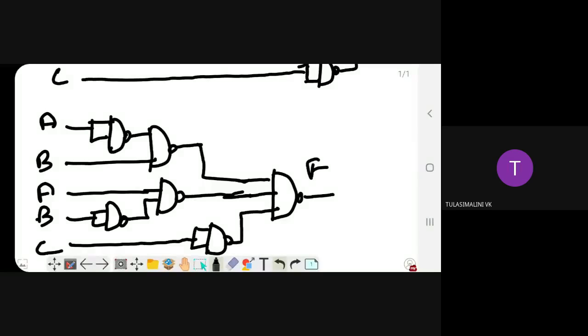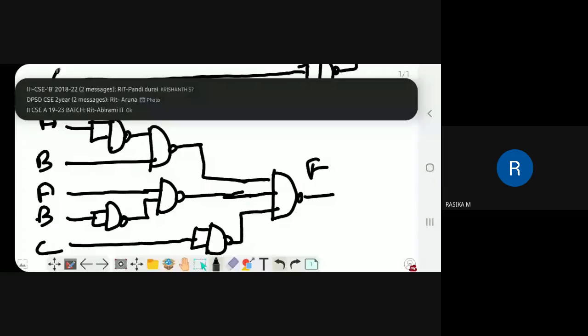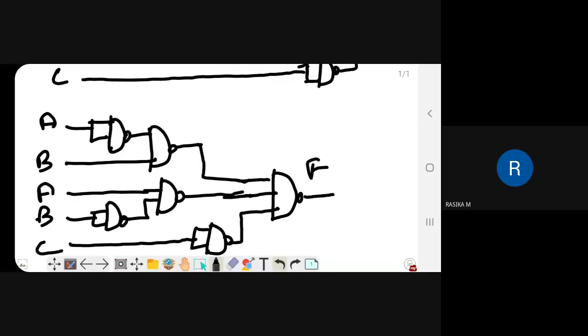Can you follow me? Have you understood? Students, have you understood or not? Yes, ma'am. Shall I move to the next one? Anybody is having doubt? Yes, ma'am. Students, please reply. Anybody is having doubt? Don't use your chat box. Just unmute your mic and reply. No, ma'am. Shall I move to the next question? Yes, ma'am. Okay.